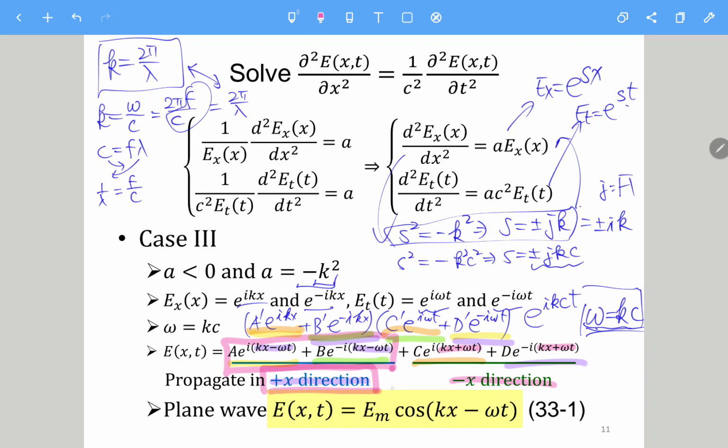So here we should have some condition that A is the complex conjugate of B. A is the complex conjugate of B. Then finally, the imaginary parts of these two will cancel each other. The only remaining stuff is actually this one. The reason is that